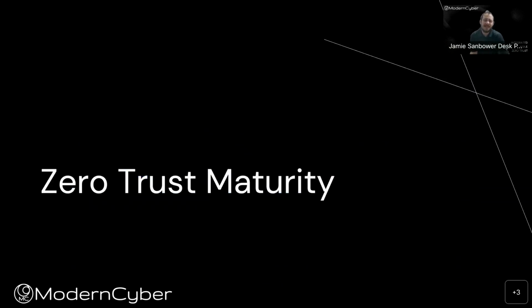Now, the other thing that comes up is, well, wait a second, Jamie, how do I know where I'm at in adopting Zero Trust? And that comes down to maturity. And what you'll find, very similarly to definitions and the principles that I was just discussing, in maturity, every vendor has a general maturity guideline. Sometimes it's focused on matching up with their specific products and solutions that they offer.